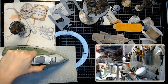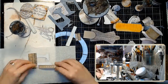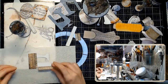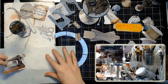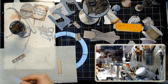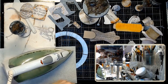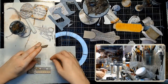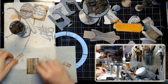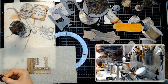On the chipboard sewing machine, I still had some of that stabilizer backed paper from my needlebook the first week. So I peeled off the backing and ironed it into place, and that was for the same purpose, just to give that chipboard a little bit more strength and structure, since it would be